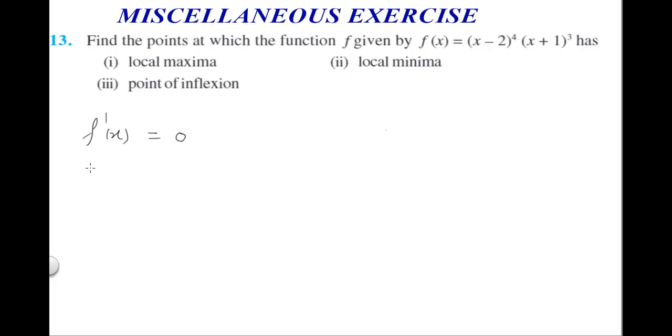Where your second order derivative comes greater than 0, that will be a point of local minima. Where it comes less than 0, it is local maxima, and where you get it equal to 0, that will be the point of inflection. Or use the first order derivative test: suppose you get C1. Before and after that you put a value and check the sign of f dash x. If it is going from positive to negative, this point will be the point of maxima. If it is going from negative to positive, then minimum. If it does not change its sign, then it is a point of inflection.